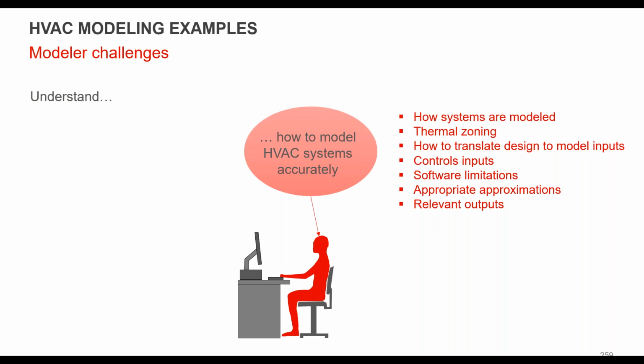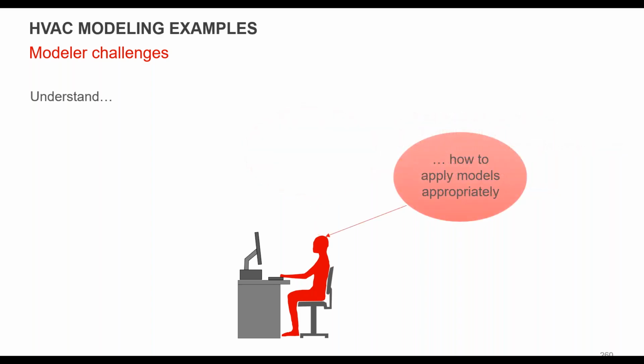Understanding your software, which we talked about yesterday: can the software you're using accurately model the system you're talking about? In some cases there are workarounds. In some cases you want to make sure the tool you're choosing for the specific application can handle what you're trying to do. And then understanding if you're going to get the right outputs, right? That's also critical to be able to check your models.